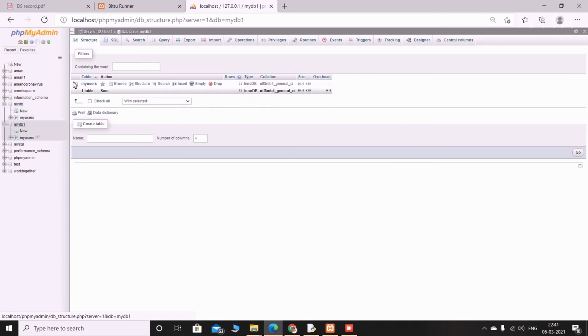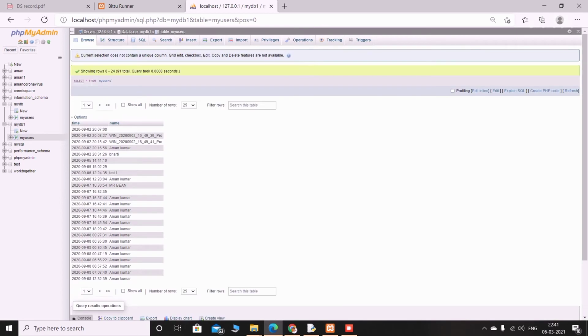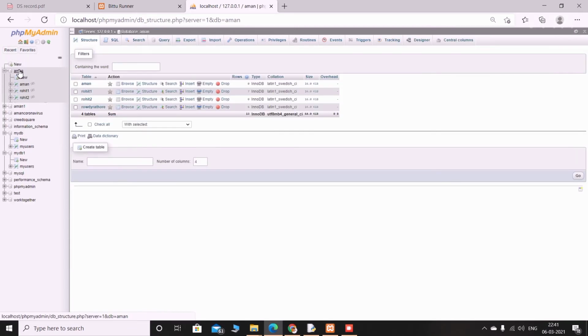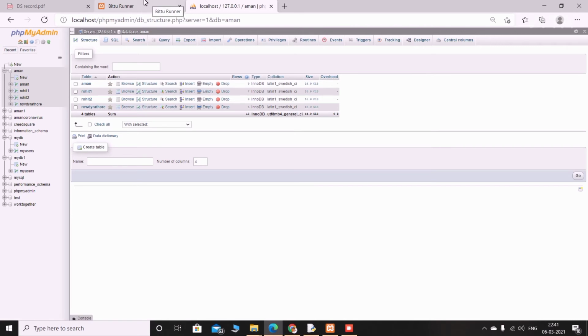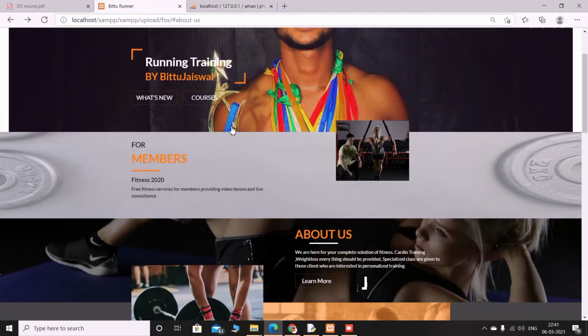Here is a table. Here the user interacts with the table and all the data gets uploaded. So all types of data which get uploaded are in phpMyAdmin in MySQL. So admin can see that database from phpMyAdmin. This type of website is basically called a responsive website, a website where the user can interact with the website.